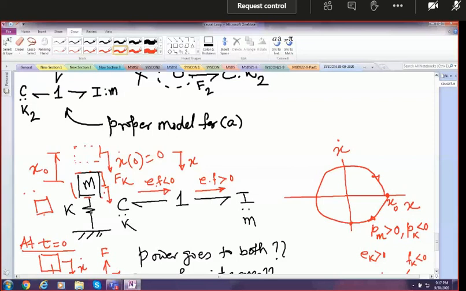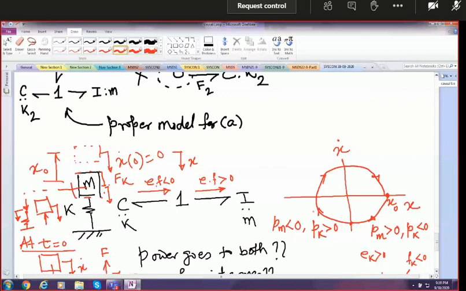So both of them are down. So you have Ek greater than 0. That means the force is negative and its flow is negative. And the mass is moving down, but the force on the mass is still upwards. It's moving down below the equilibrium position. So the force on the mass is upward, but it's moving down. So Pm is less than 0. So here we have that situation and so on. Everywhere it goes on changing.